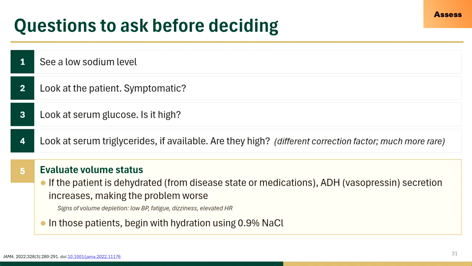Look at the glucose. Is the glucose high? Is it low? Is it normal? Look at the serum triglycerides. So that's the thing. So to further answer the question, we would never have measured triglycerides if the blood had